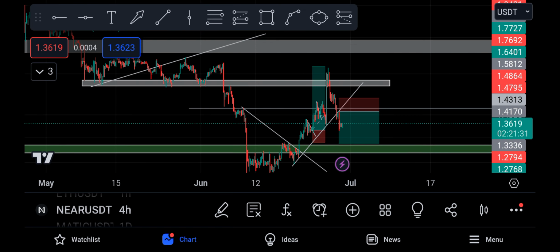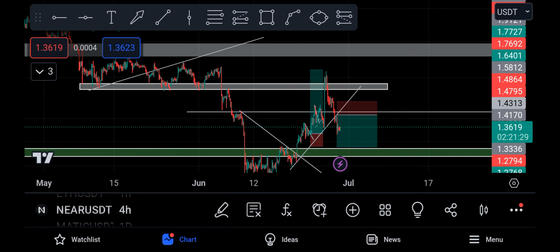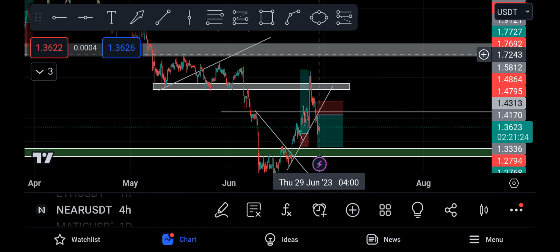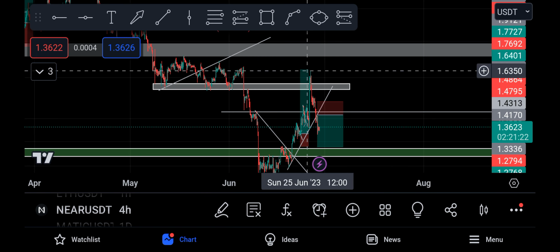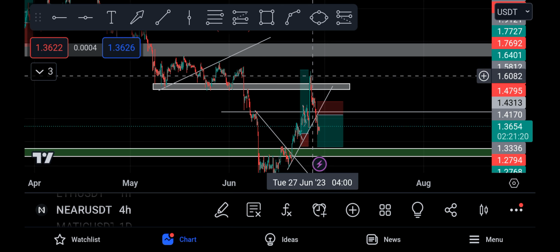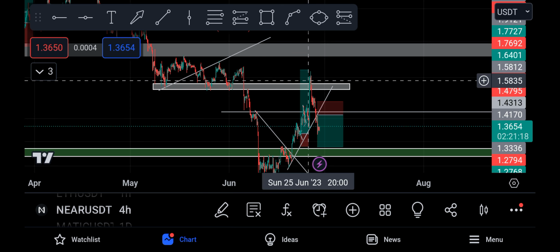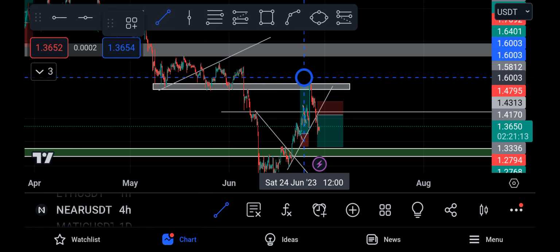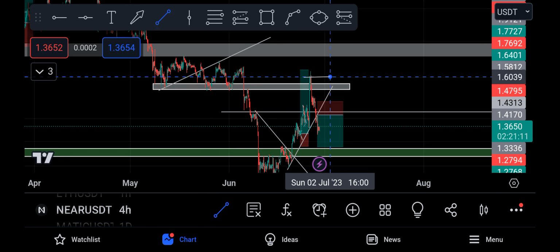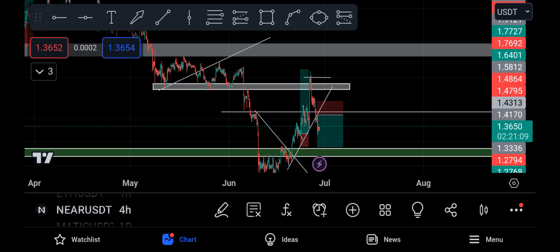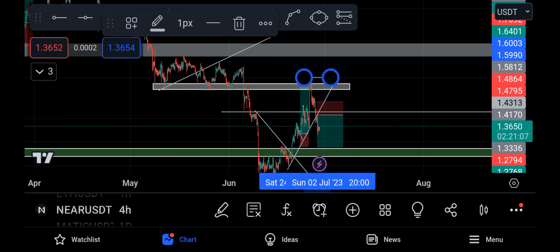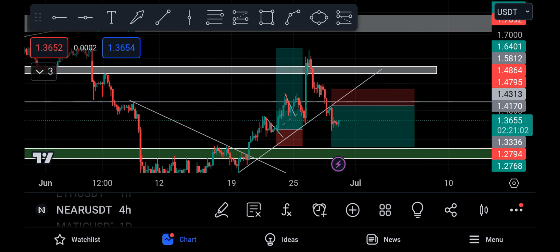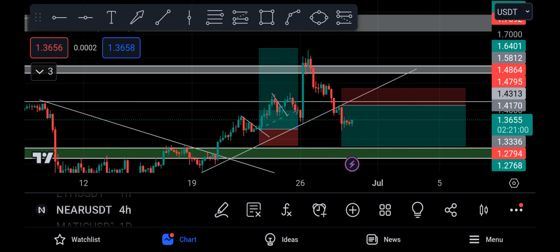I was expecting NEAR to go all the way to this zone, but it came up here, then broke down. This means a market manipulation. This is a fake out. This is a deviation. It made this deviation and then came back into this level. When it came down to this level,